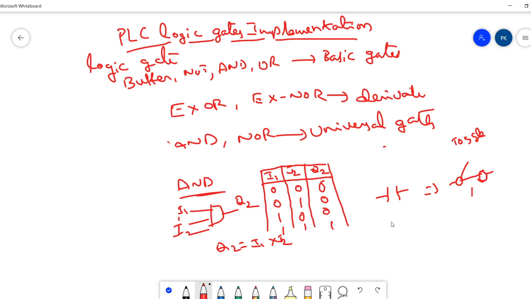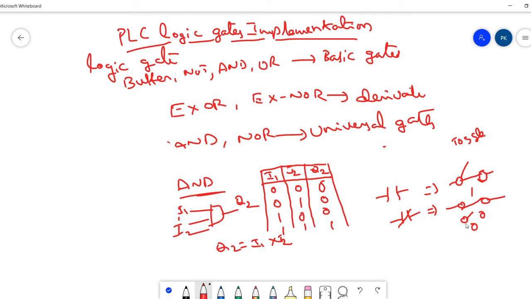Now come to the normally closed. I already explained the same thing in class. This is the normally closed contact. Initially the switches are in a closed connection. When a normally closed switch is energized by the power supply, the initially closed contact will break, so it becomes normally open, and it is considered as zero.